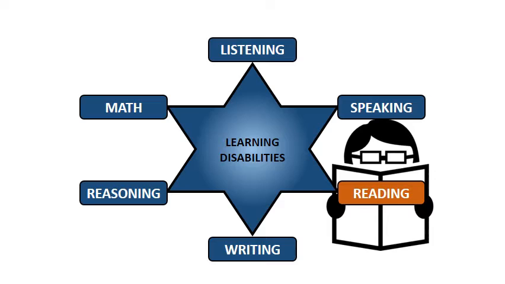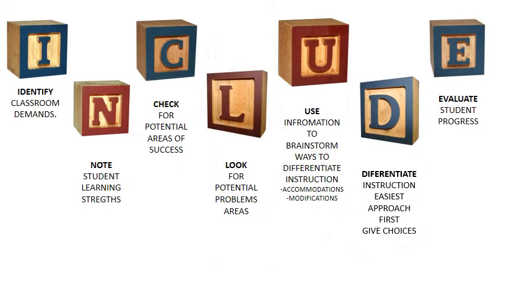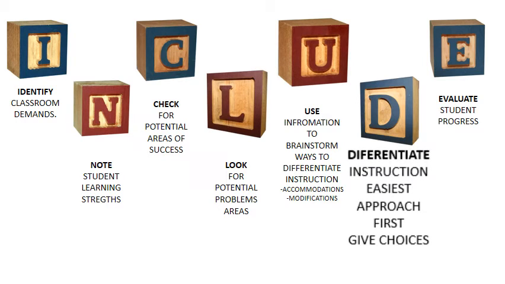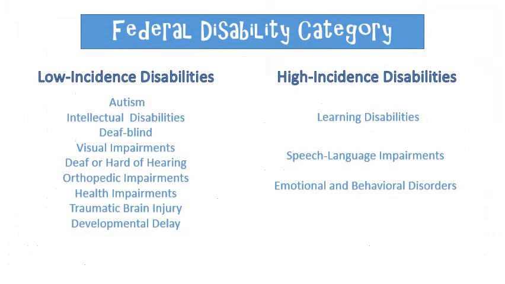Now I remember. Doesn't IDEA require us to promote access, participation, and progress in the general education curriculum? Yes, indeed. To do so, we will follow the include strategy to accommodate our special needs student in the classroom environment. Shall we apply differentiated instruction? Of course, by law, we have to provide differentiation to meet the range of needs evident in any given classroom. So, after all this, what will be the strategies to help Lupita achieve her goals?